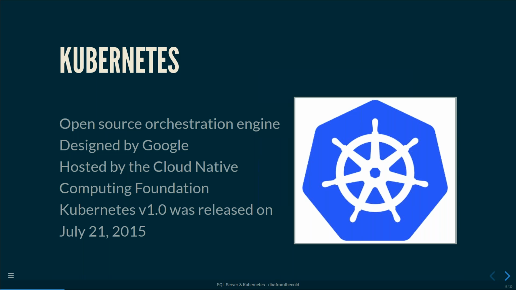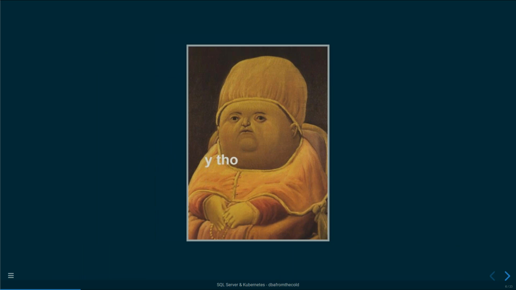Okay, so that's what it is. That's a little bit of history about it. But the main question I always get asked when it comes to Kubernetes, especially running SQL Server on Kubernetes, is why? Why do I want to run SQL Server on Kubernetes? Think about all the different platforms that we have for running SQL Server. We have physical machines, we have virtual machines in our private data center or up in the cloud. We have Azure SQL DB, we have Amazon's RDS, we even have managed instances in Azure. So why do I want to run SQL Server on Kubernetes?